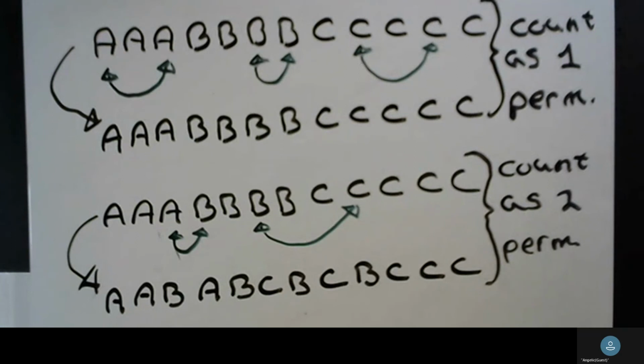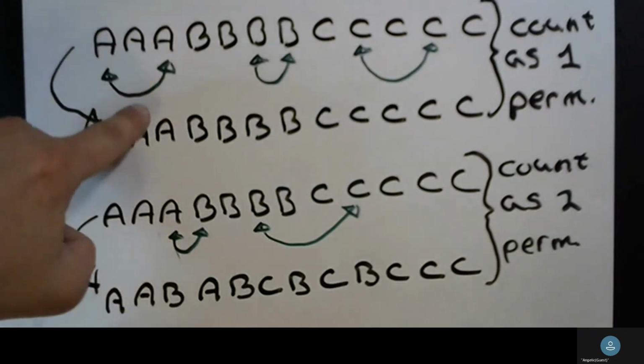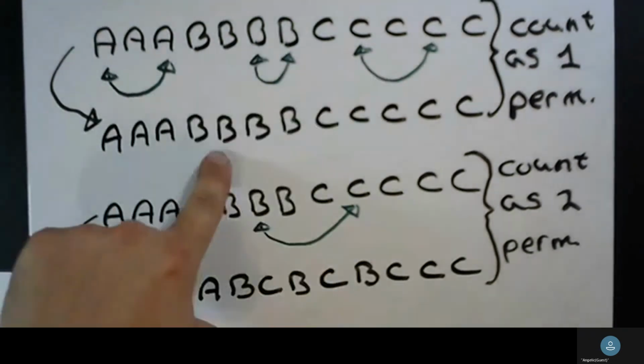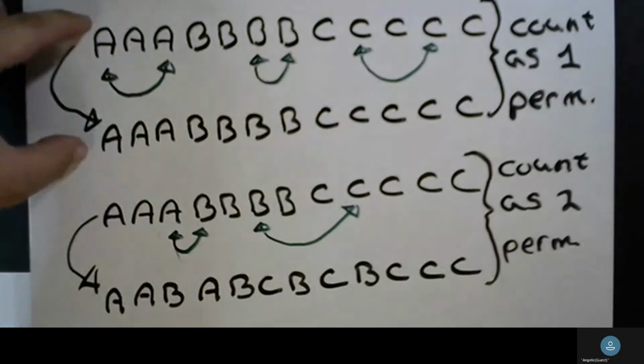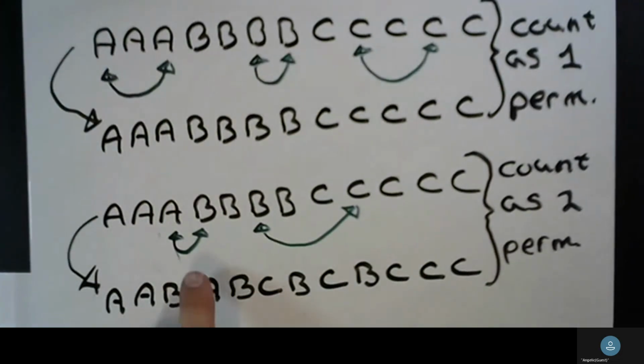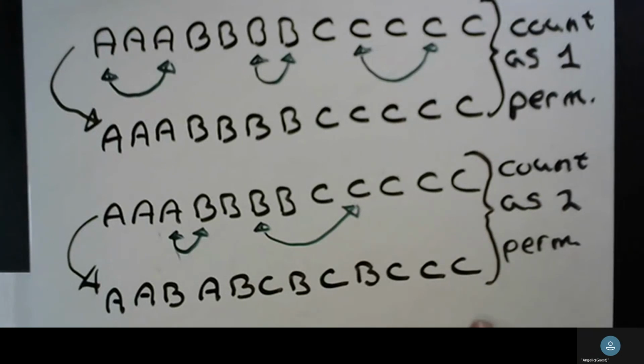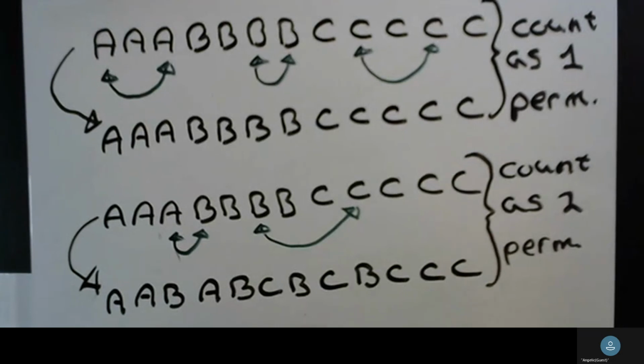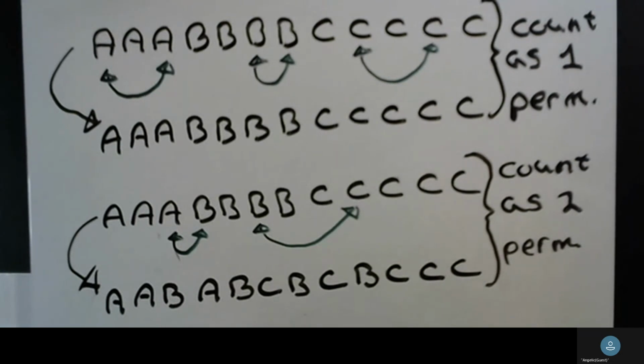So what we're doing with this kind of complicated formula, and I'll go over an example to illustrate how it's used, but this kind of switching is not going to give us a different permutation. So these will count as the same one. But this kind of switching will give us a different looking permutation. We're going to get two. So what we want to count is the different looking